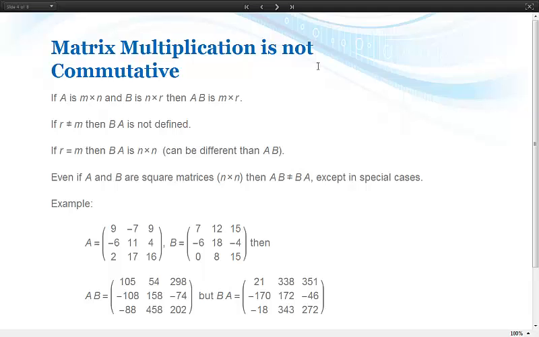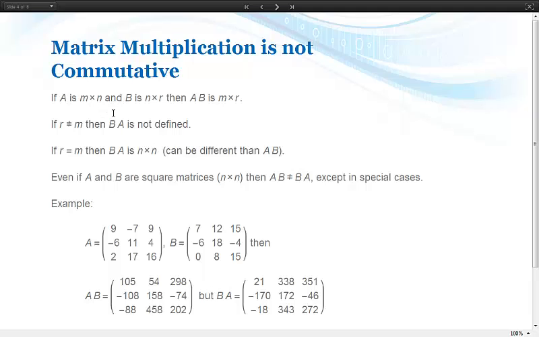A very important point. Matrix multiplication is not commutative. This is our first real departure from our regular arithmetic. If A is m by n and B is n by r, then the product is m by r. But notice if I reverse the dimensions,